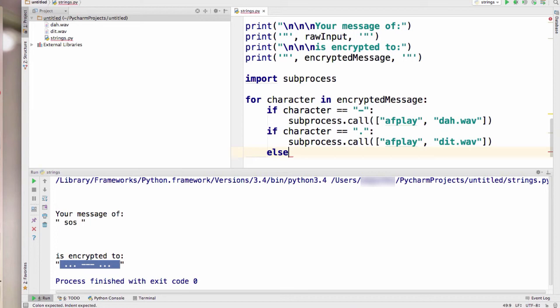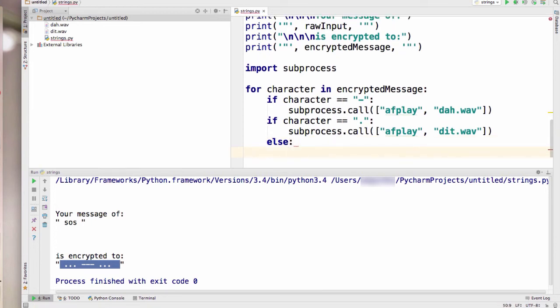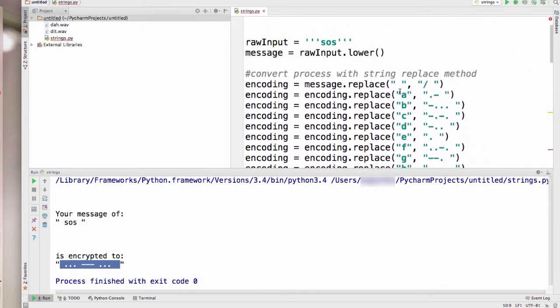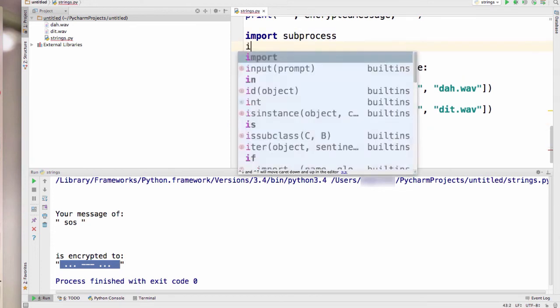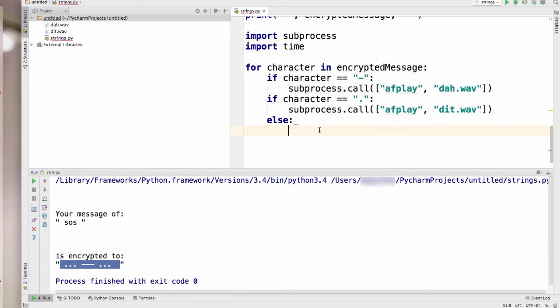And if it's neither, well, I'd like a slight delay in there, because otherwise it might get a little too fast. Also, if we're separating our words with a slash and additional spacing, this would create a little bit of pause between the words, which makes it a little bit easier to understand. So I'm going to import time as well, and then down here I'm just going to do a simple time.sleep, and I want it to be pretty short, like maybe 0.1. And so now if we run this,